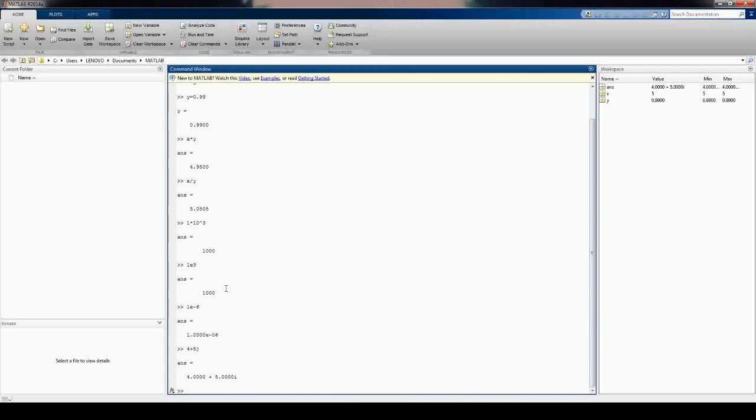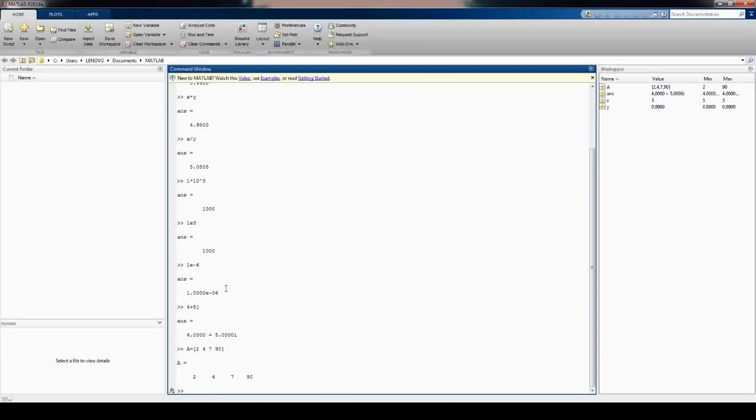Then coming to representation of array. So how to represent an array? So arrays must be enclosed within square brackets. So you have to open a square bracket and you have to place the elements. The elements must be separated by spaces. So here I am going to define array of 4 elements, 2, 4, 7 and 90. So at the end of the array definition you have to again close the square bracket.